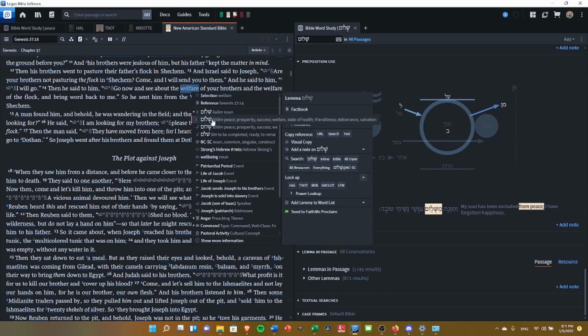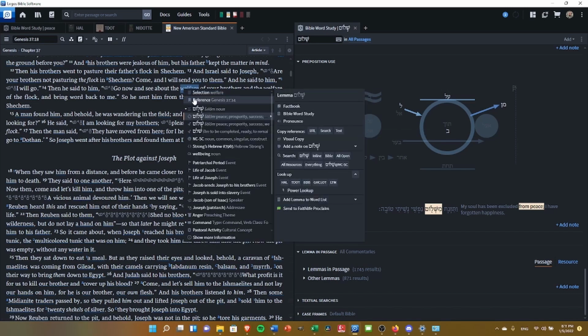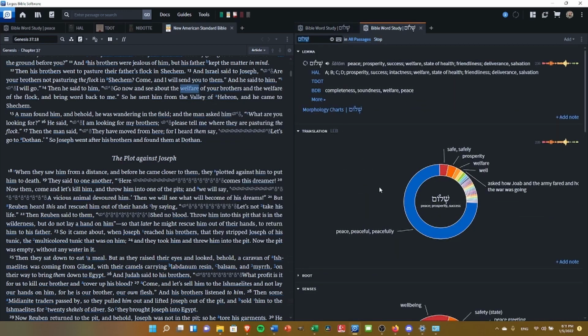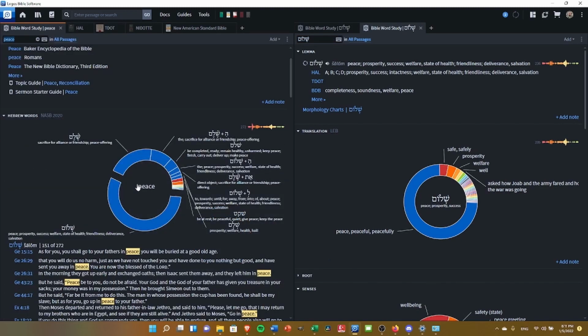This is telling me that this word at its core essentially carries this meaning. But the Bible Sense little alpha symbol here is telling me that really in its context here, it's being used to mean well-being. And that's why the New American Standard has translated it as welfare. Now once I have this open, I can click Bible Word Study and it will take me to this same page here. Now one more thing to note, if we go back to our original word here of peace,